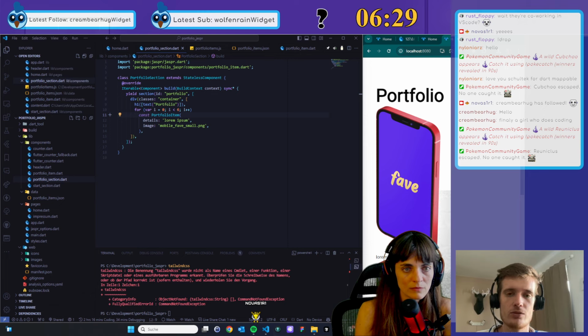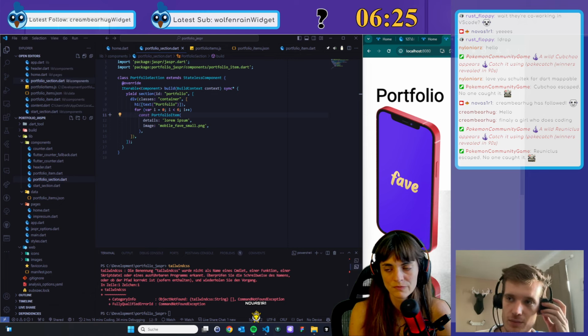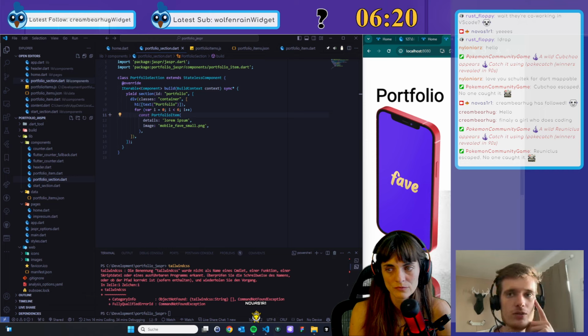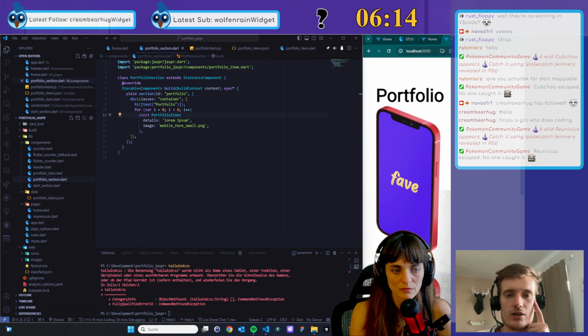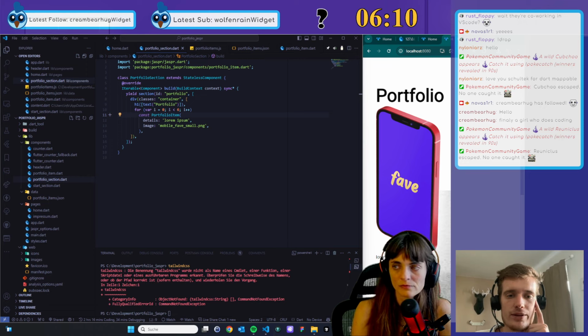The one thing we have to be aware of is that when we do that, this really is in code that is only executed on the server, because it obviously doesn't work on the client, because we can't import dart:io in the browser, as we can't in Flutter Web. So we can do that in a component that is only rendered on the server. We can't do that in a component that is also rendered on the client.